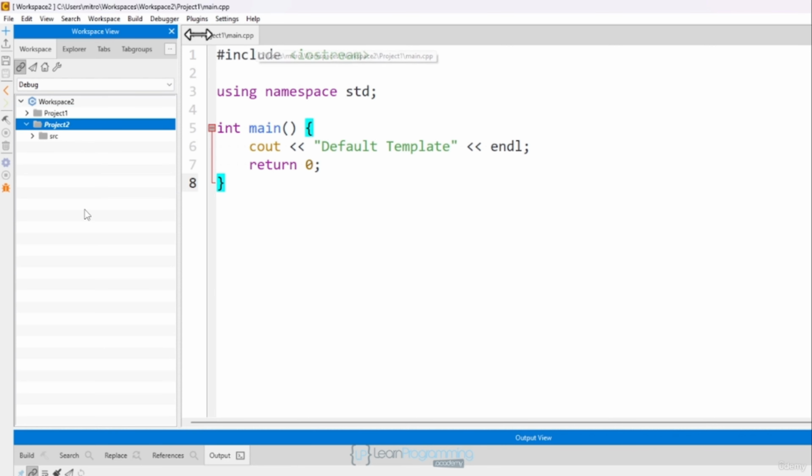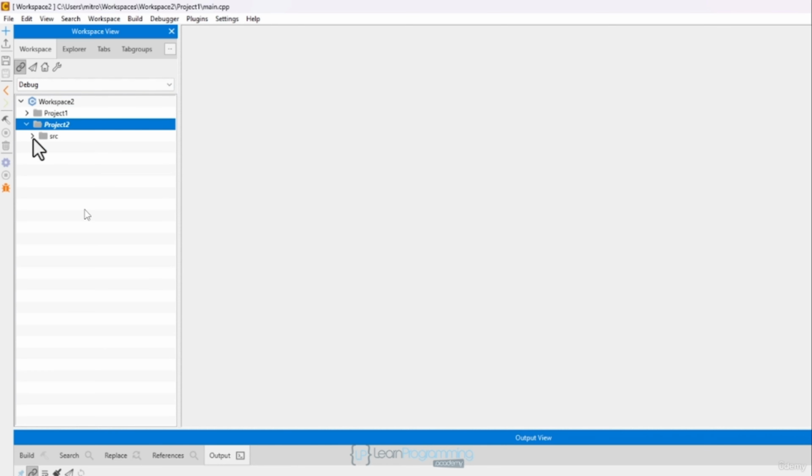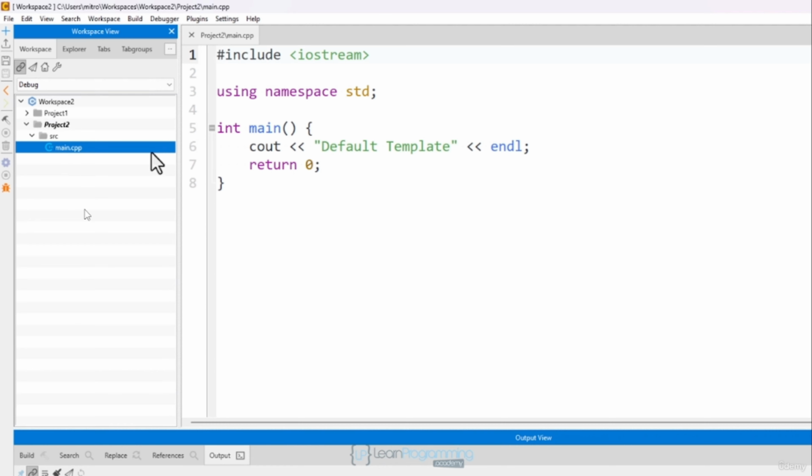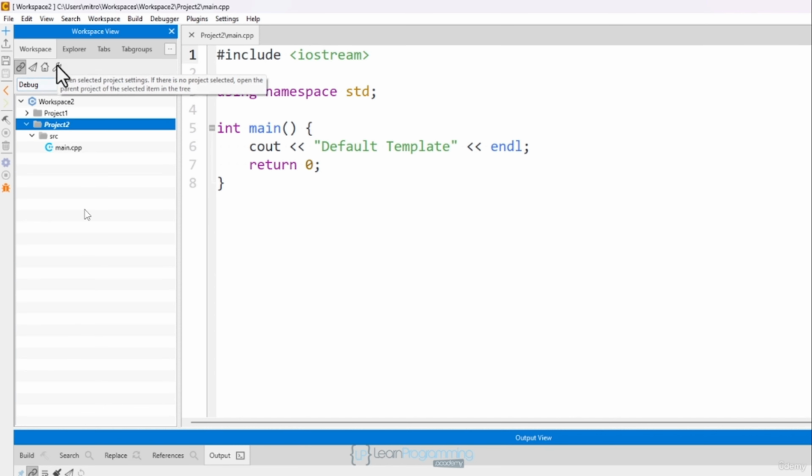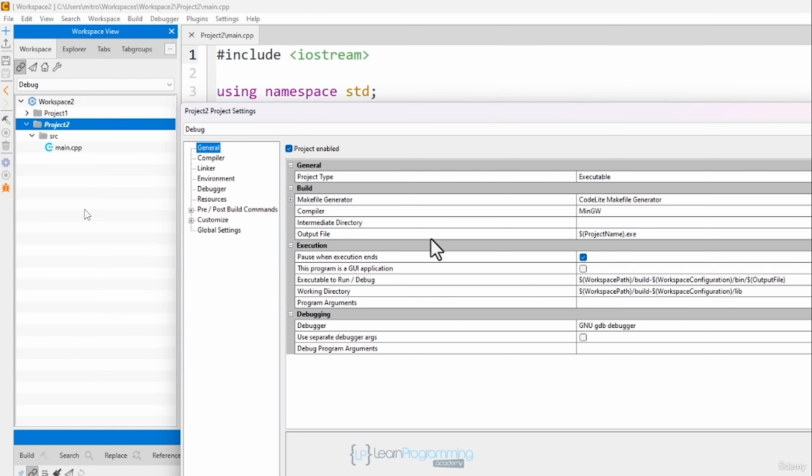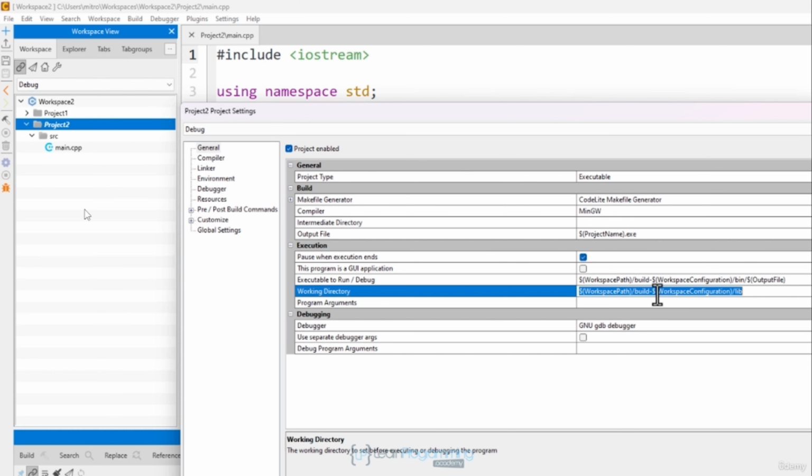So let me close this up here and let's open up our project 2's main CPP. Notice I got the default template code, which I wrote earlier. If I select project 2 and I click the wrench, you can see that in the general, it did not keep the project path, unfortunately. This is a bug that hopefully will be fixed soon. So in the meantime, we'll just have to type project path,